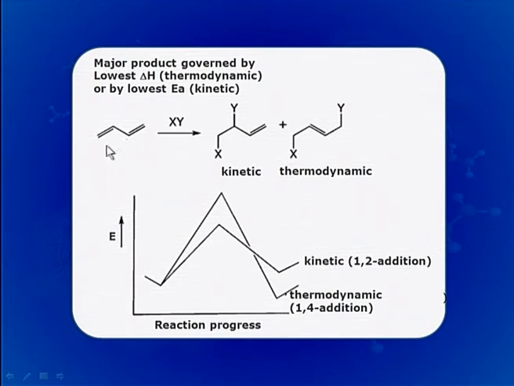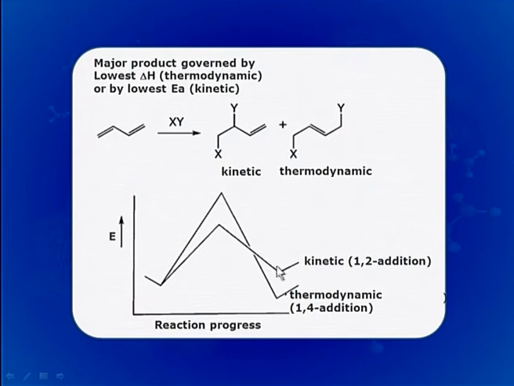here we can further understand with the help of this diagram. Here we can see this is the conjugated diene. This is being attacked by HBr or HCl, any unsymmetrical reagent, and we are getting 1,2 addition product, kinetic one, and 1,4 addition product, thermodynamic one. But from this energy diagram we can see that for the formation of kinetic product, energy of activation required is less. Therefore, at low temperature this is easily being converted to the kinetic product, but this product is less stable than the thermodynamic one.